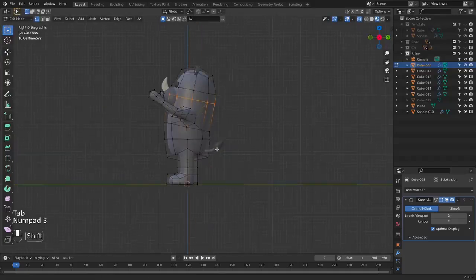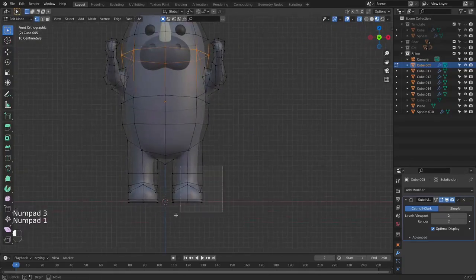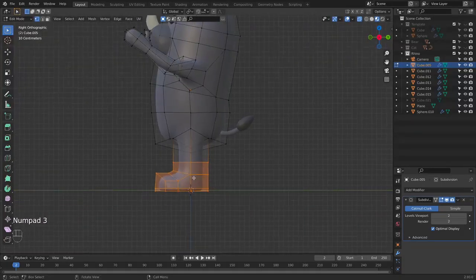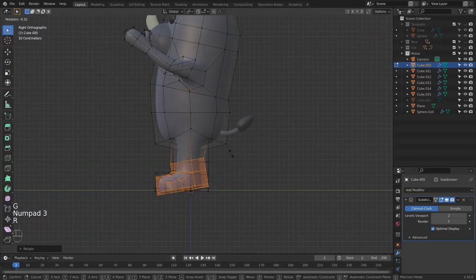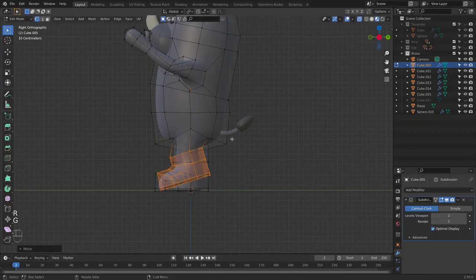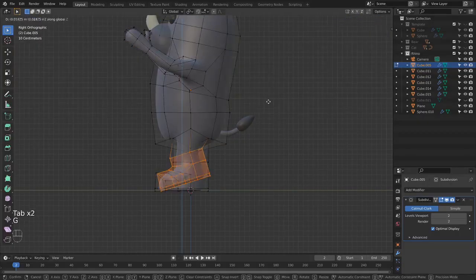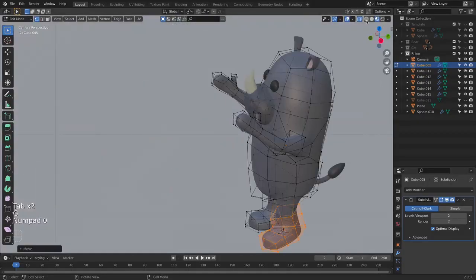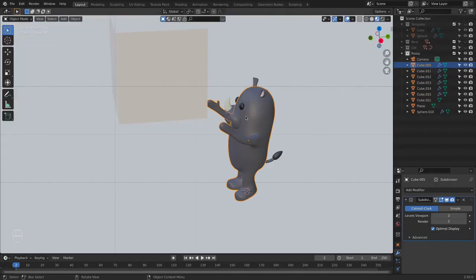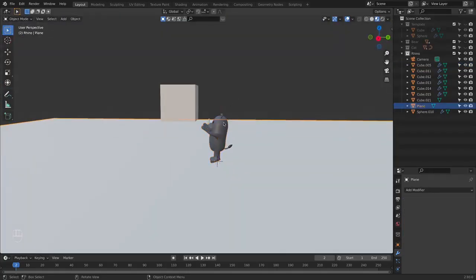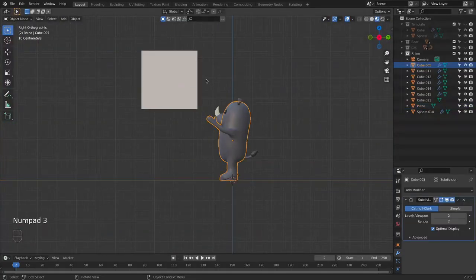And now, for example, we can select these feet here, and we can rotate this slightly to the side, and for example we can rotate this as well like this, or pull it down. I'm going to enter camera view so we can see how it's going to look. And now let's unhide our cube, and you can see that we will need to rotate it a little bit